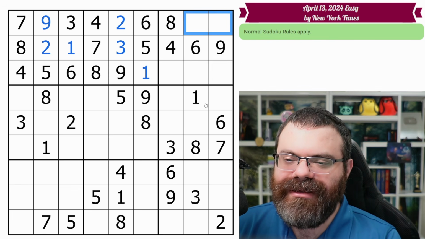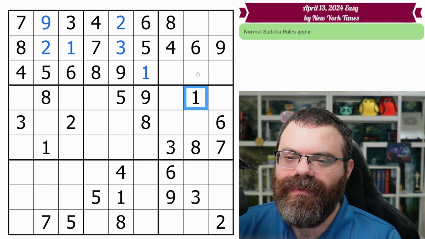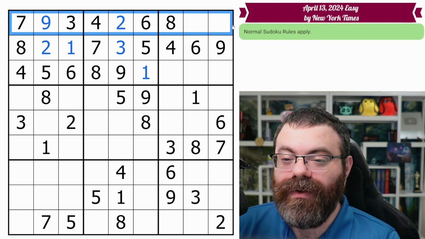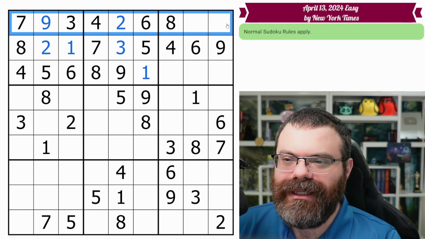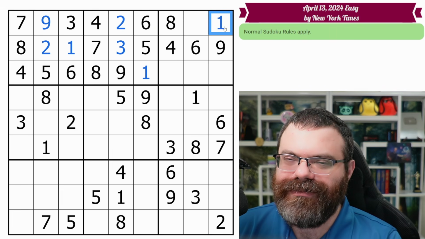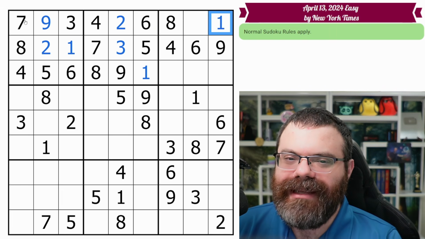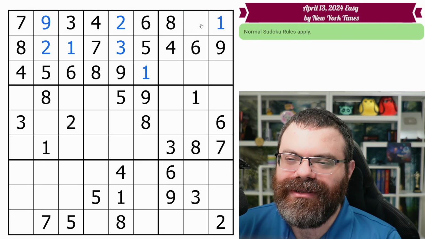Well, the 5 can go in either of these, but again, we have this 1 making this not a 1. This 1 looks at this cell and says, you can't be a 1. So we have a hidden single 1 in the row. It's also in the box, but we also have it in the row. So either way, this cell must be a 1, or the row and the box don't get 1. It needs 1. So now for this row, we need a 5, or the row is basically done, right? There's only 1 open cell in the row, so we can just place what the missing digit is, which is